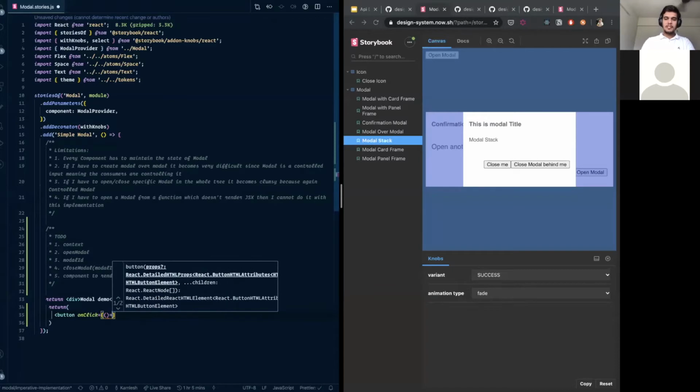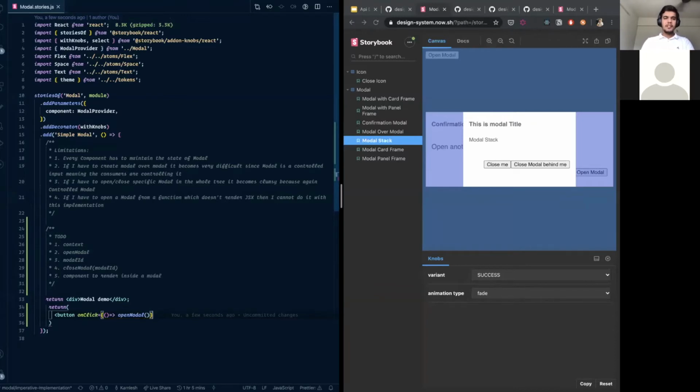So the button is just a function. It says open model, and then we'll say open model. We'll say type equals to button. So far this is what we want.